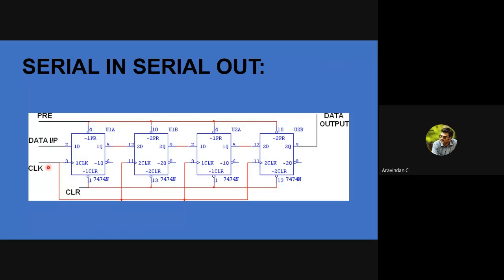Okay, sir. I have the data, but if there is no instruction to me, then I will have the data in pin number 2 itself, with no transmission of data. If the clock is given as an instruction to me, only then can I transfer the data from the first flip-flop to the second flip-flop. Okay, sir.